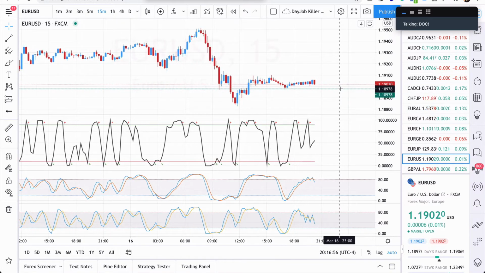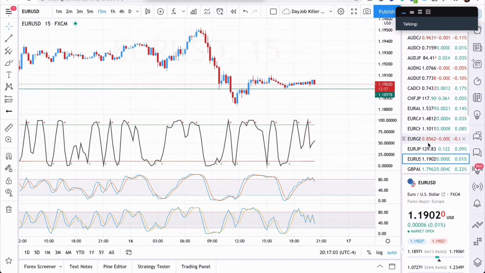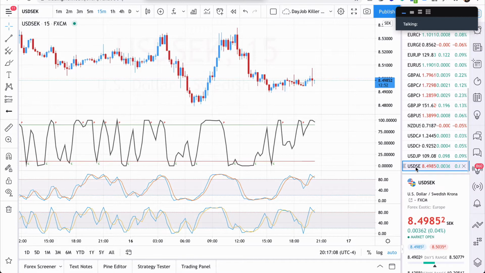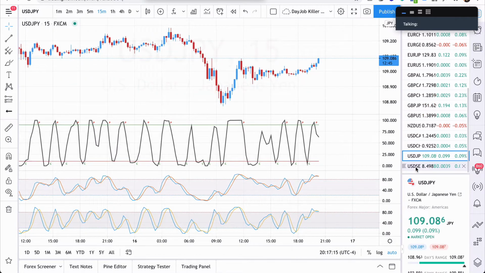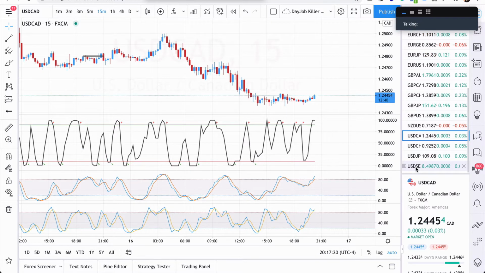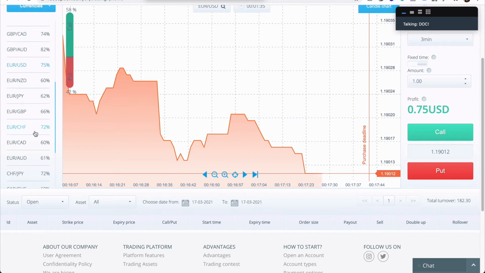I don't mind losing $1, but if I'm gonna risk $1, I want to win. USD SEC is crazy. I don't care how good your setup is, it will go against it. Oh, I'm on a 15-minute. That's why. All right, NZD USD. I like that setup. I'm about to take a 3-minute put on NZD USD